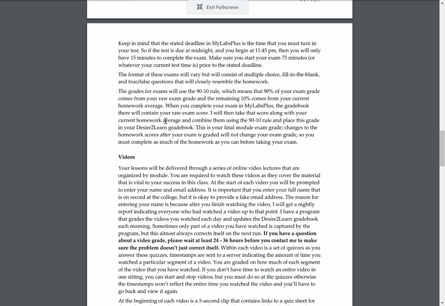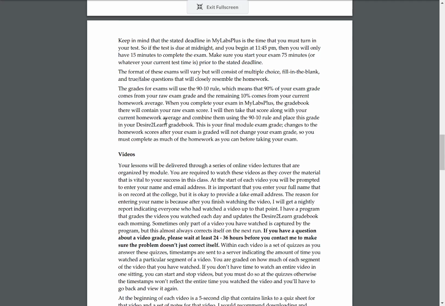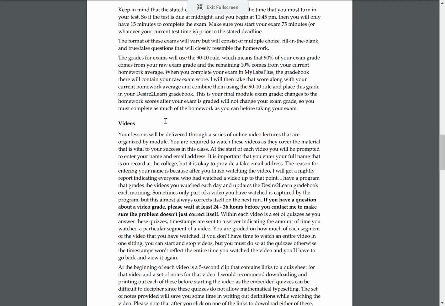The format of the test varies, but generally it's the same kind of format as your homework, so you should be used to it. And the way that the tests are graded is through the 90-10 rule. 90% of your exam grade comes from the grade that you earned on the test. The other 10% comes from your current homework average. So when you complete your exam in MyLabs Plus,